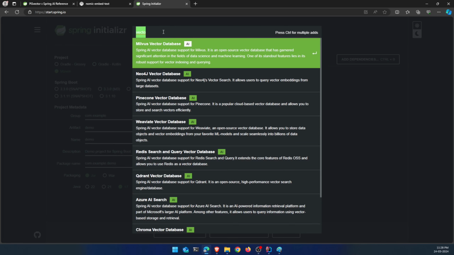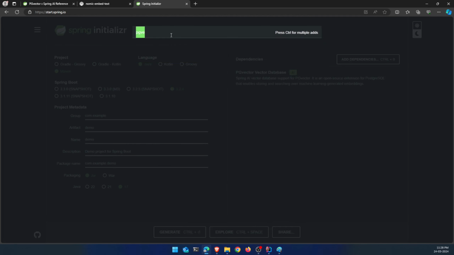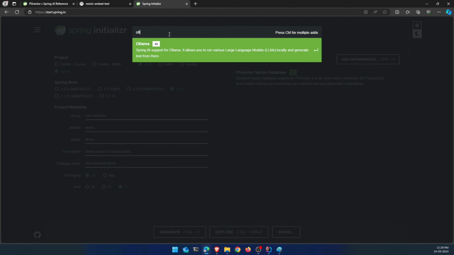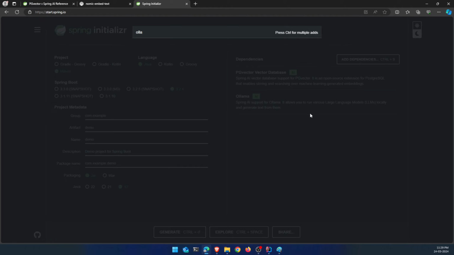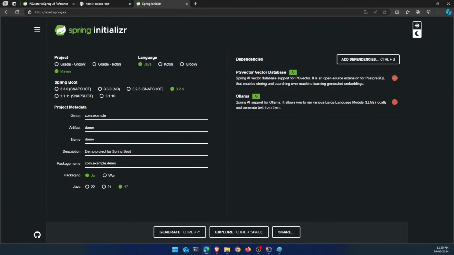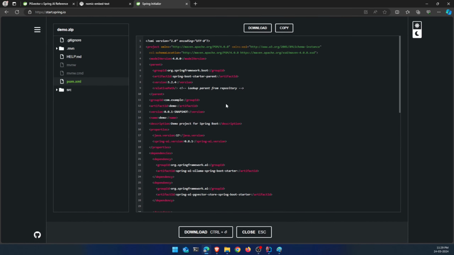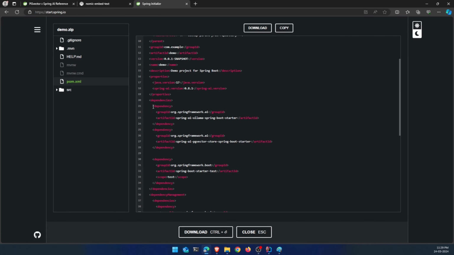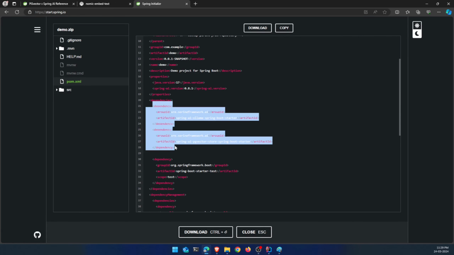This is going to be PGVector, and then we have Ollama. That's it. Now we don't need to generate the project, we just need these two dependencies, and we need to configure our Maven accordingly. So first thing, we need these two dependencies. So we just copy them